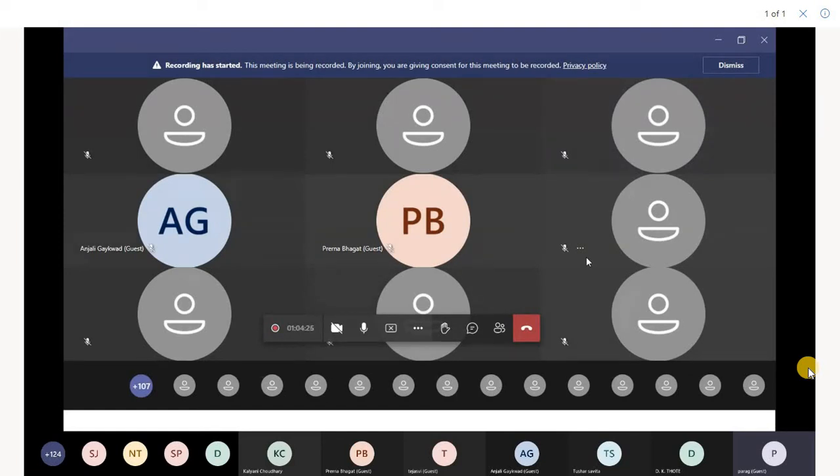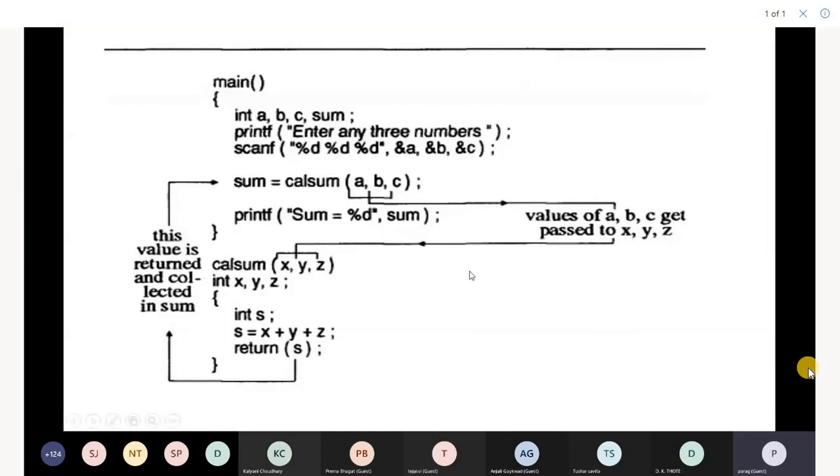Jumping to functions. Yesterday also we discussed call by value and call by reference. In functions, the important question for C is call by value and call by reference. The rest of the questions we will also see here. Yesterday we saw this example of call by value, call by reference and call by alias.